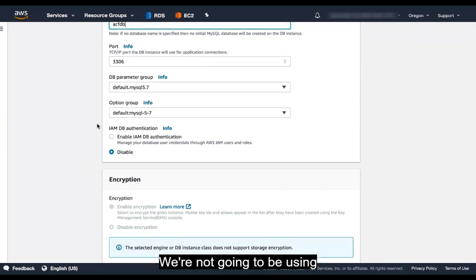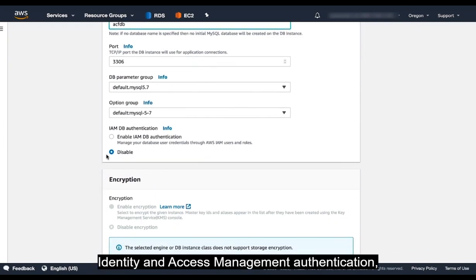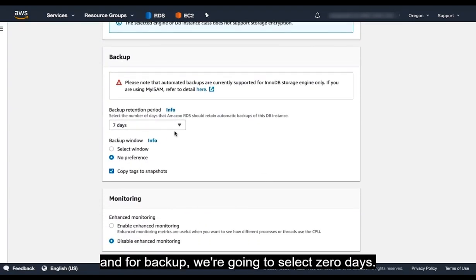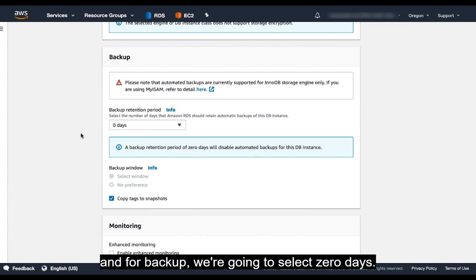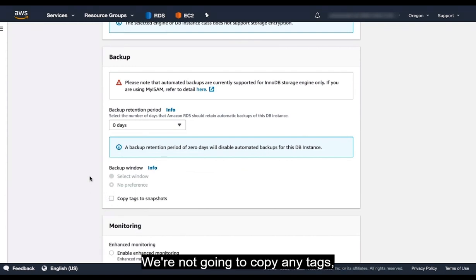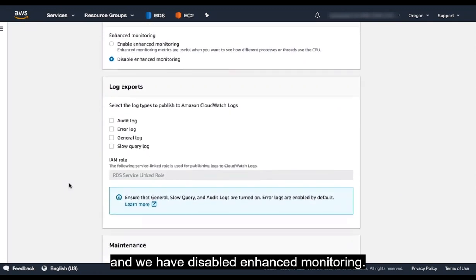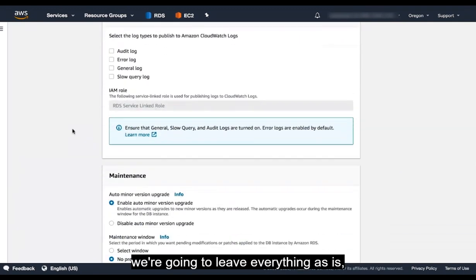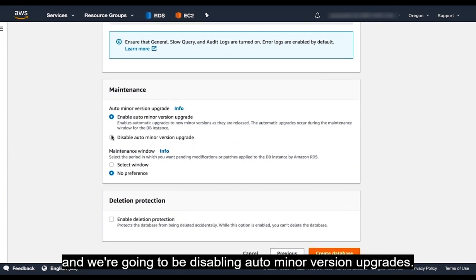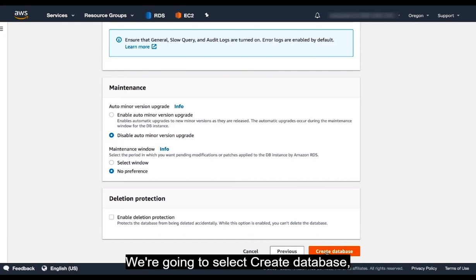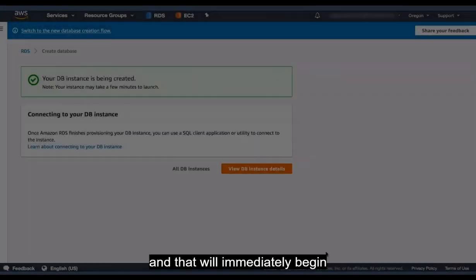We're not going to be using identity and access management authentication, so that radio button is selected correctly. We're not going to be using encryption. And for backup, we're going to select 0 days. We're not going to copy any tags. And we have disabled enhanced monitoring. As far as log exports, we're going to leave everything as is. And we're going to be disabling auto minor version upgrades. We're also going to be deselecting enable deletion protection. That's all it takes. We're going to select Create Database, and that will immediately begin